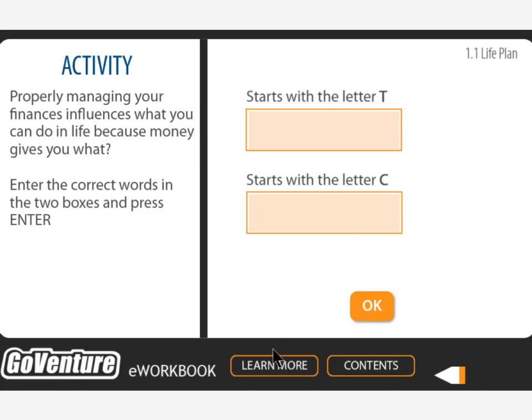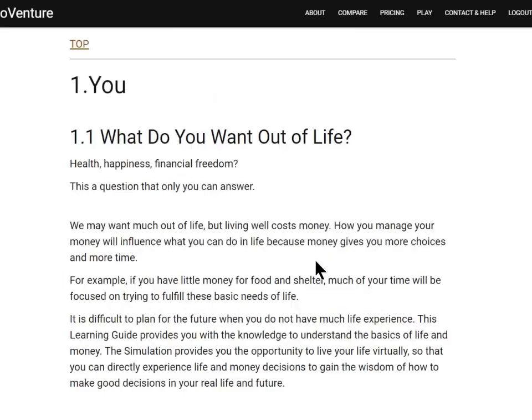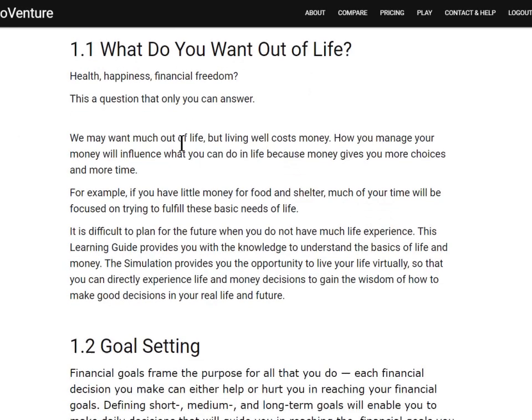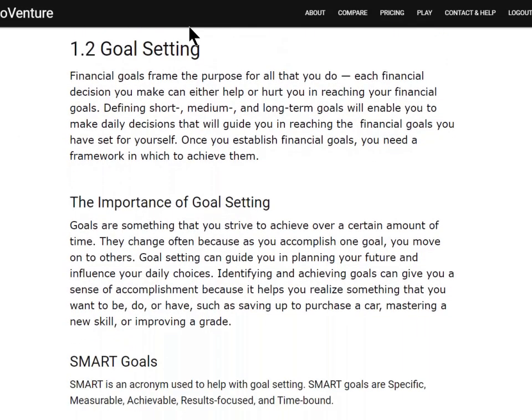You'll notice at the bottom of the workbook is a button that says Learn More, and if you click on that, it will take you to our learning guide. As I mentioned earlier, it will link you directly to the section most relevant to what you were just reading, with even more information about that topic.